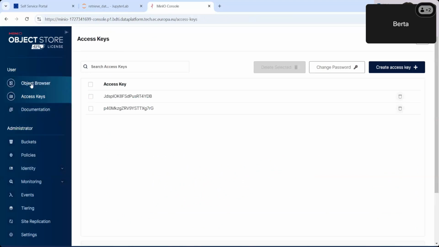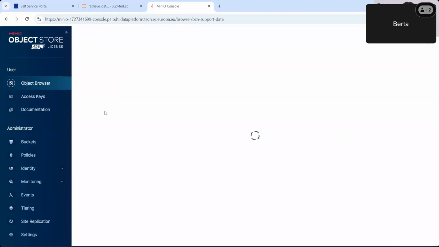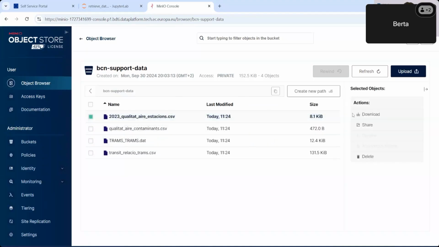In Object Browser, we have the two buckets here. And we already see from out here that there are some objects inside. So let's check the support data, for instance. And we see that it uploaded the files that we needed. So we can click here and download them if we want them locally or share them, etc.